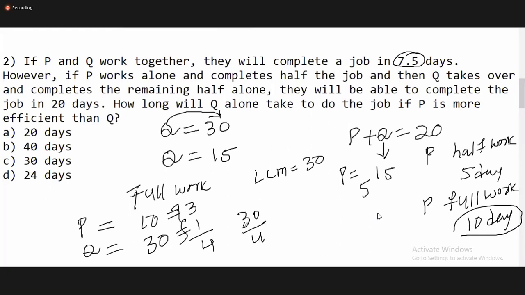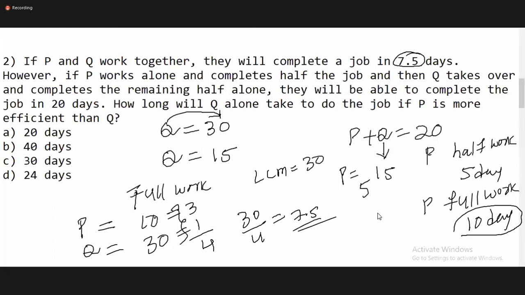30 divided by 4 is how much? 15 by 2. Can I say 7.5? So I have completed and verified. Yes or no? Verified. Then your answer is what? 30 days. So whenever it is in MCQ format,